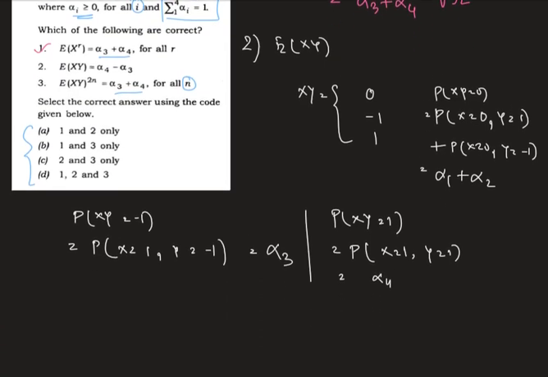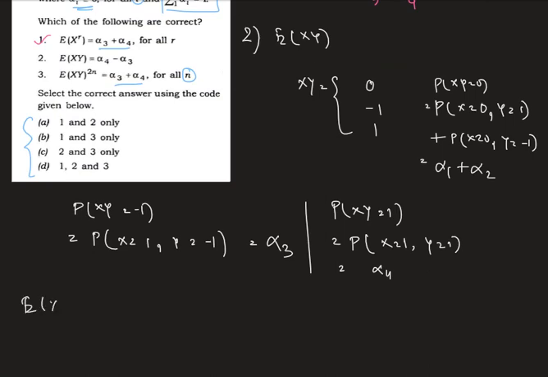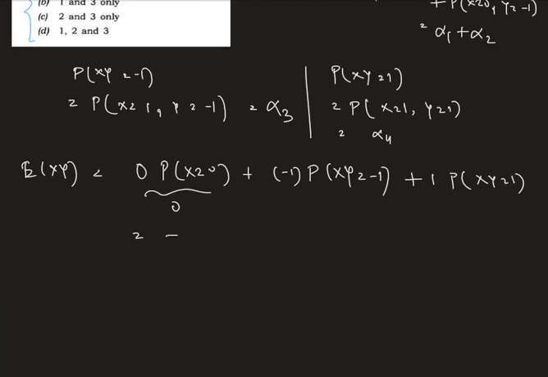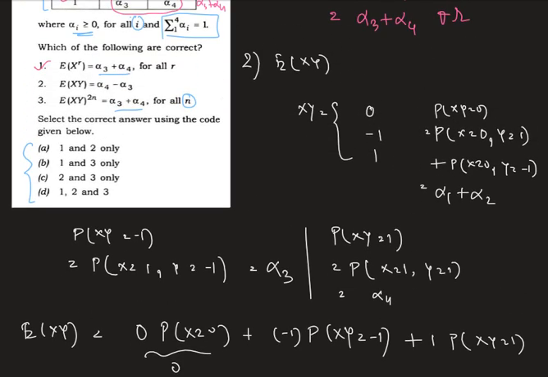Therefore our required expectation of xy is nothing but 0 multiplied by probability xy equals 0, plus minus 1 multiplied by probability xy equals minus 1, plus 1 multiplied by probability xy equals 1. Now the first portion results in 0. The next one is minus alpha 3 and plus alpha 4. Therefore alpha 4 minus alpha 3, which is also a correct option. So option 2 is also correct. Now let's check the statement